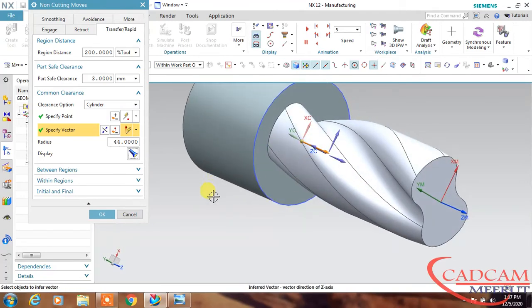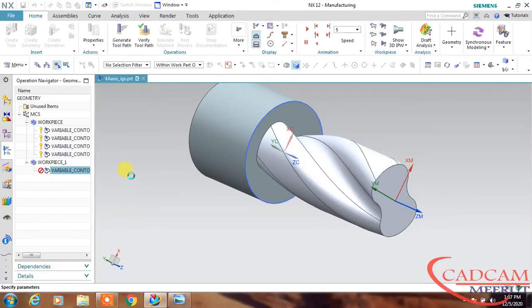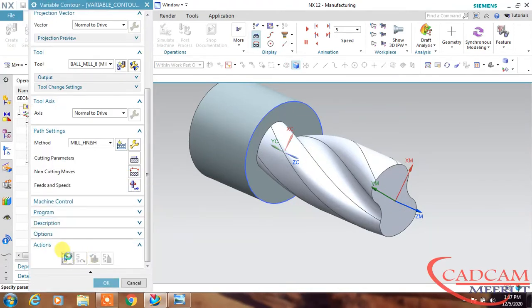This 44 is not showing properly, so I will click OK and just generate. Later on we will change this if it is necessary.